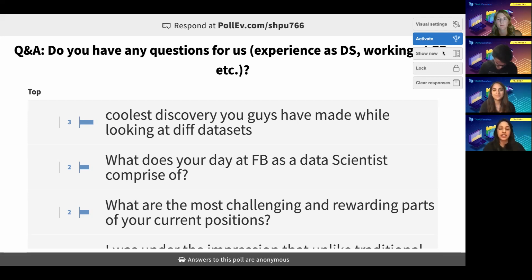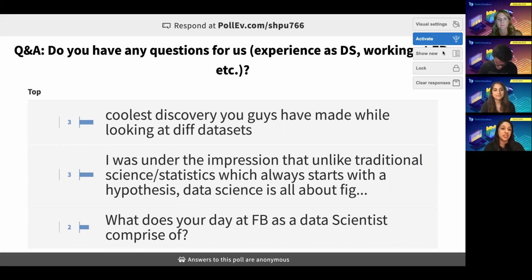Yeah, I think you put it right, that starting with a hypothesis is a starting point. If I were to look at a product and just say, I'm just going to start looking at the data and see what I find, you're going to spend days and weeks finding something interesting. So you have to really start with the hypothesis.